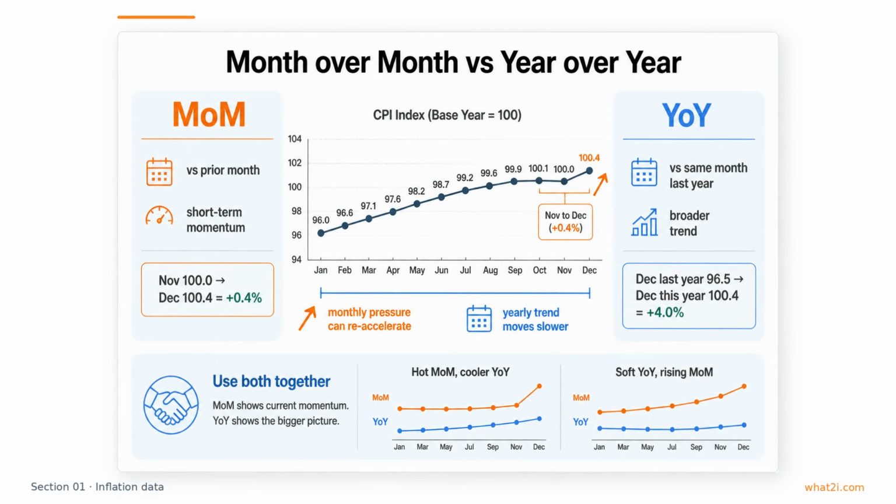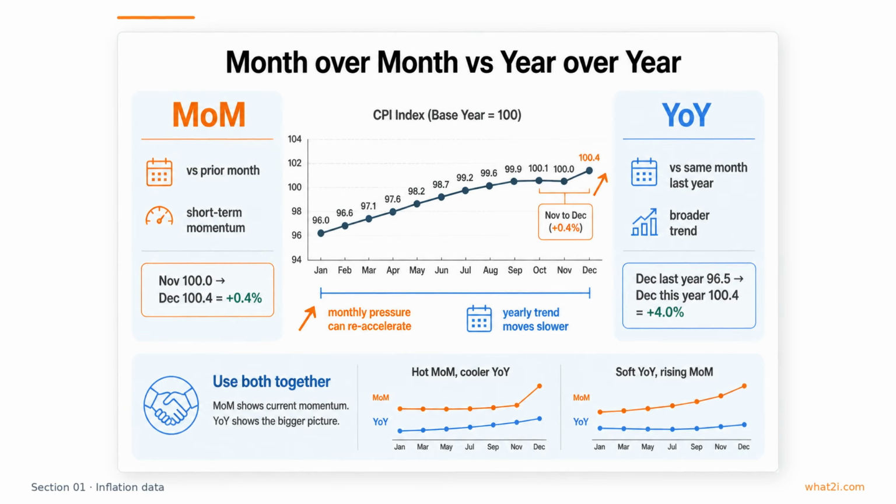Inflation reports usually present both month-over-month and year-over-year numbers, and each one answers a different question. Month-over-month compares the latest month with the previous month, so it gives a sense of short-term momentum. Year-over-year compares the latest month with the same month a year earlier, so it smooths out some noise and shows